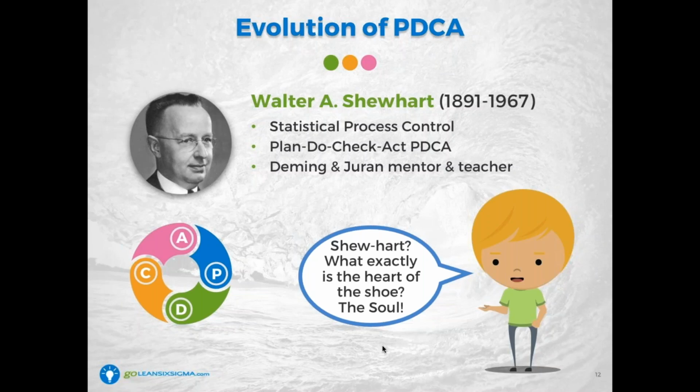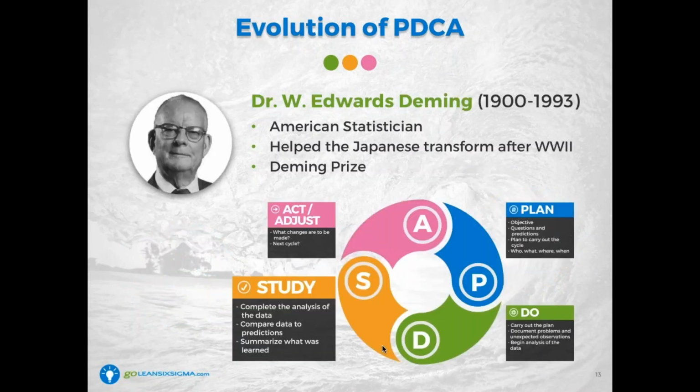Yes, we do, and we talk about that every time we're in Green Belt training. Thanks, Elizabeth. So let's talk a little bit about Deming. Again, the evolution of PDCA came from his mentor, Walter Shewhart, and like any good student, Mr. Deming really started working with and practicing the PDCA elements. He's probably most well known for his work in Japan. He helped the Japanese after World War II sort of rise from the ashes and develop very good products, excellent